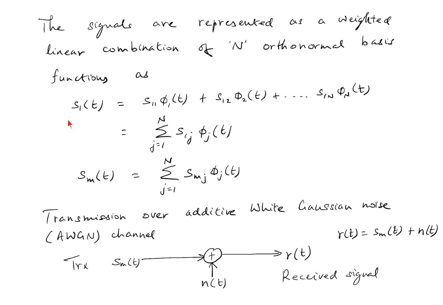So the signal S1 of t is represented in the n-dimensional space as a weighted linear approximation of the basis functions, where the weights associated with each basis function are nothing but the projections of the signal onto the corresponding basis function. So we have a weighted summation of the basis functions to represent the signal Sm of t in general. Now when we transmit any one of these signals, S1 of t or S2 of t or S3 of t, in general Sm of t,